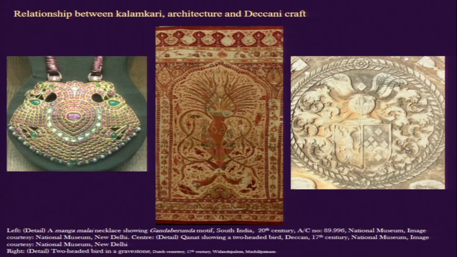17th century. Now this textile that we have on screen is also from the 17th century, and this pendant, even though it comes from the 19th century, we can imagine that similar practices might have been in place even before the 19th century. So on one hand we see that there are different practices in various parts of the Deccan, southern India and beyond, in which we see that similar motifs are in transaction.